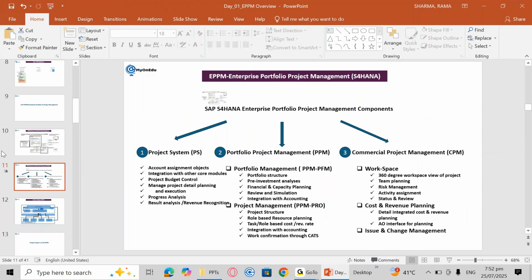So we'll take one business process of an investment project to understand its end-to-end life cycle, and we will start from PPM. Okay, it will be easy to understand from PPM, and then further we will move to the project system to execute this. I will explain the business case first, and then we'll proceed further as per the business case. Okay,